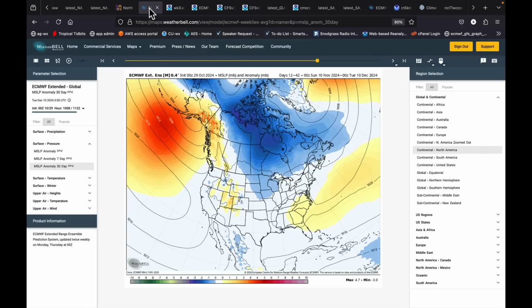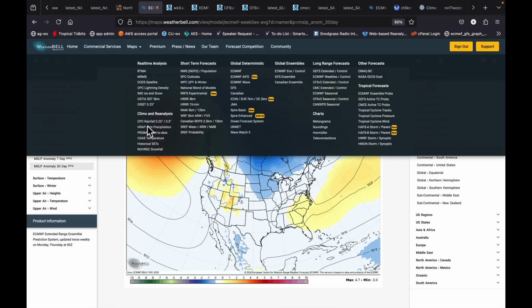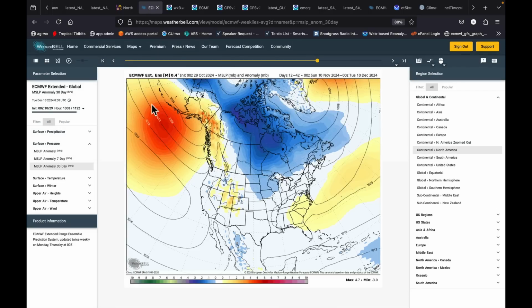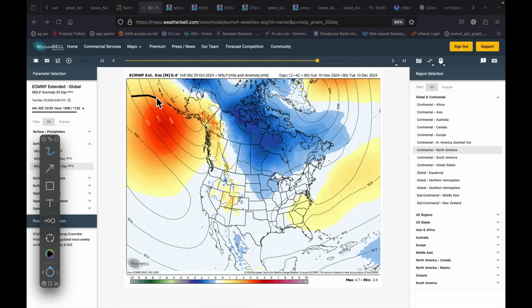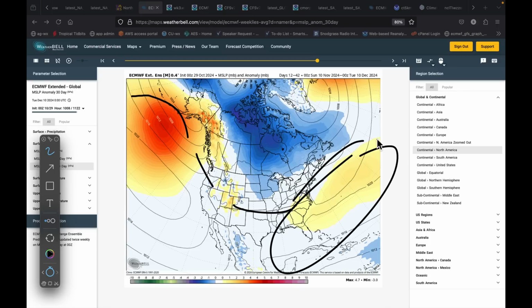What I do note is this. Over the time period of November 10th to December 10th, we do see that the atmospheric pressure is forecast by the European model to be quite high near the Aleutian Islands and the Gulf of Alaska, and low here. So what I could foresee with this is that northward shift in the polar jet coming into this area, and then kind of diving around this trough, and then exiting here. There's that presence of the southeastern ridge.